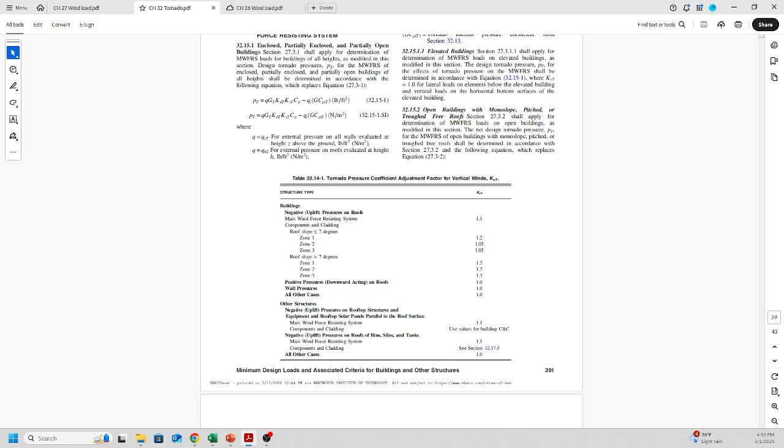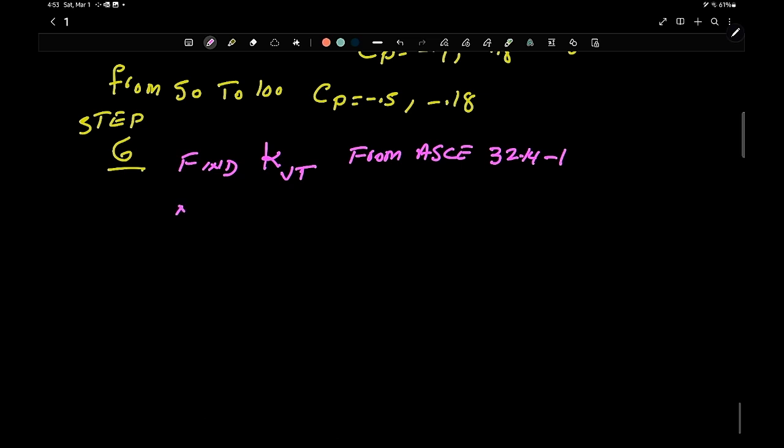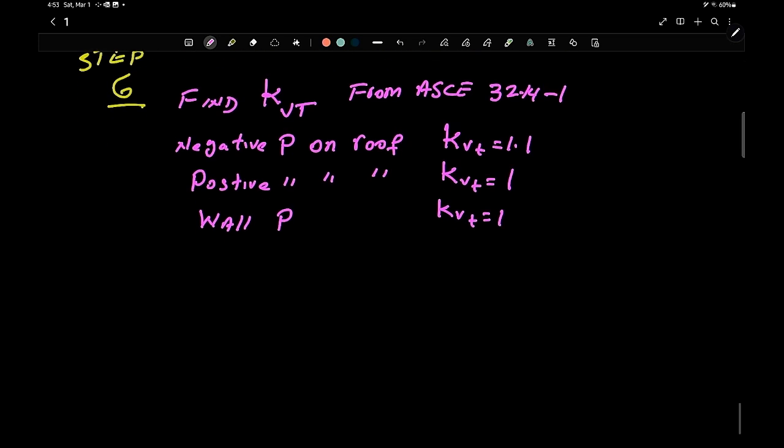Okay, let me write that down. Negative pressure on roof, KVT is equal 1.1. Then we have positive pressure on roof, and KVT is equal 1. And then wall pressure, KVT is equal 1. So that's step number 6. Step 7,